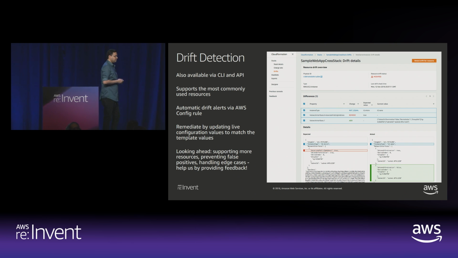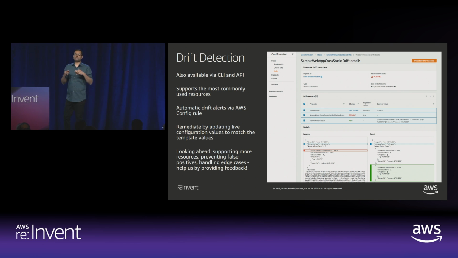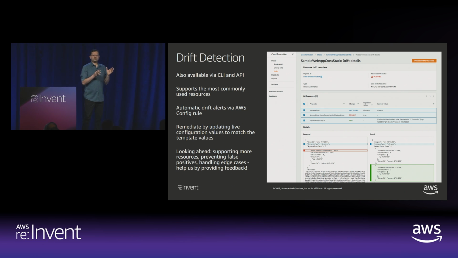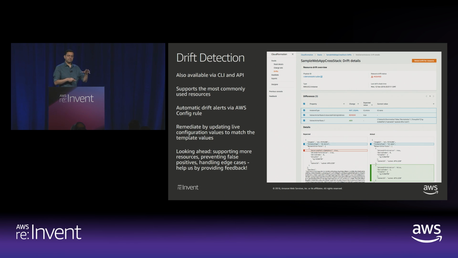Customers have been asking, yes, drift detection is good, but what about remediation? The way our mental model for this feature works is that we think in terms of two phases. The first one is about visibility. We want to make sure that you have the right visibility before taking any action. So it's super important for us to iterate on this feature and make sure that you have crisp visibility into drift before you start thinking about remediation. We'll iterate on the detection piece, and we'll make sure that we are at a point where you are confident about the information, and based on this information, I can craft my